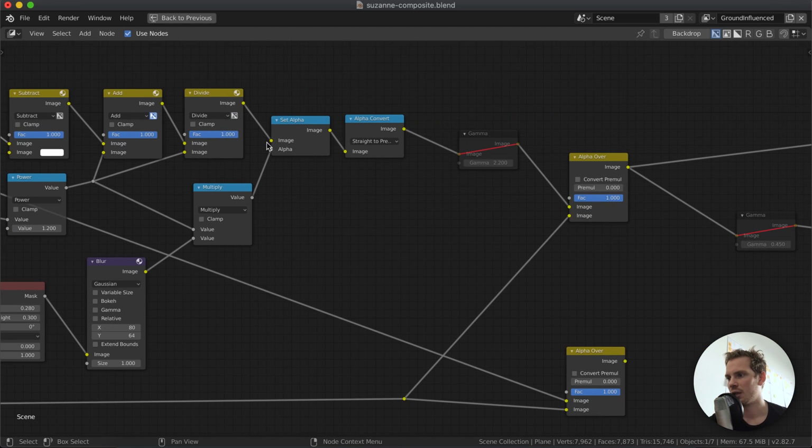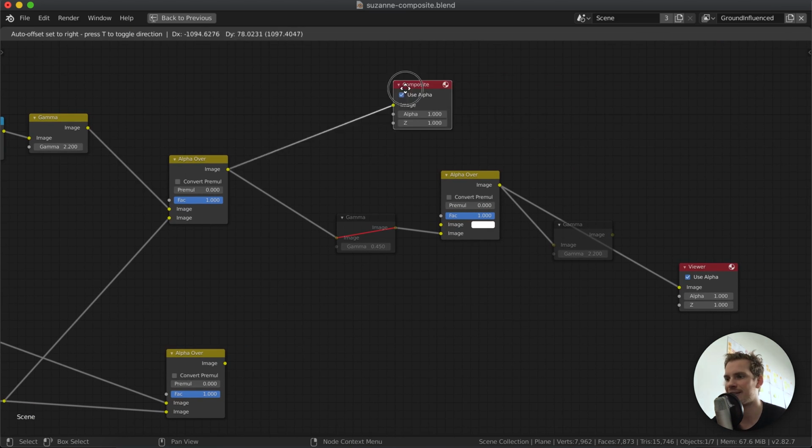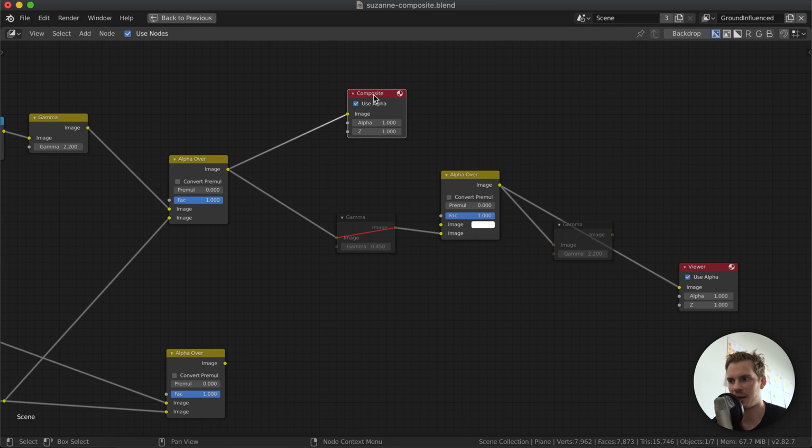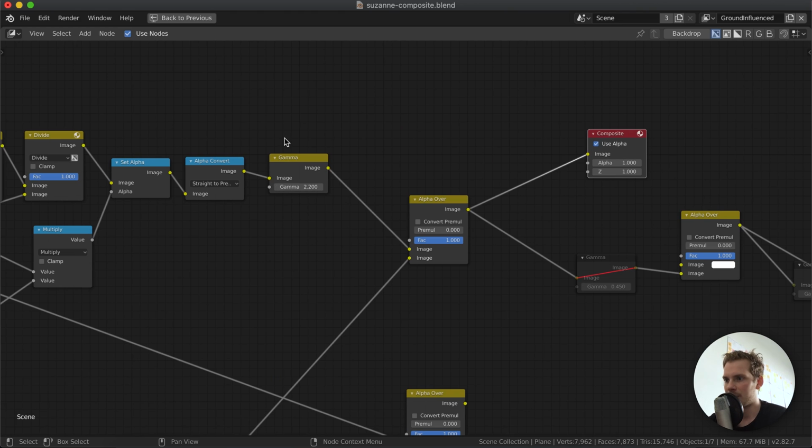Value of 0.45. Then after we do all that and we set the alpha, we come back out of sRGB, because the final composite node in the Blender Compositor expects an image in linear space, and then it saves it as sRGB depending on your export settings. If you export it as a PNG, it will use sRGB. So quite complicated, but the way to go from sRGB back to linear is using a gamma of 2.2. And